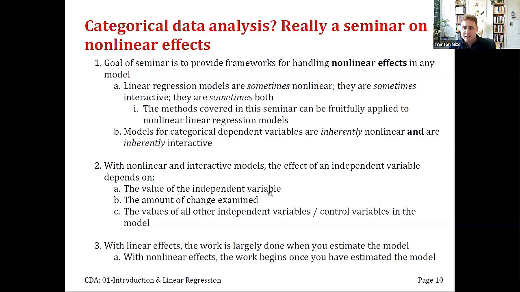Let's say age is the predictor that we care about. Well, we're not going to have one effect of age. You're not going to say the effect of age is to give a 2-unit increase to whatever you're studying. No, it's going to be a different effect for 20-year-olds than 50-year-olds, which is going to be different than for 70-year-olds. We just have to accept that that's a complication we have to deal with,